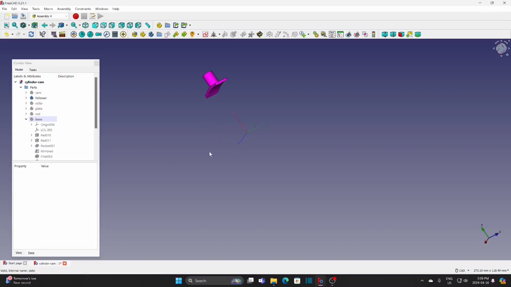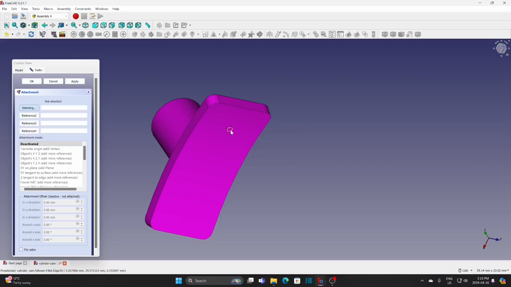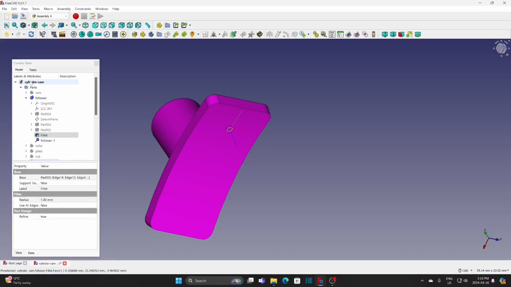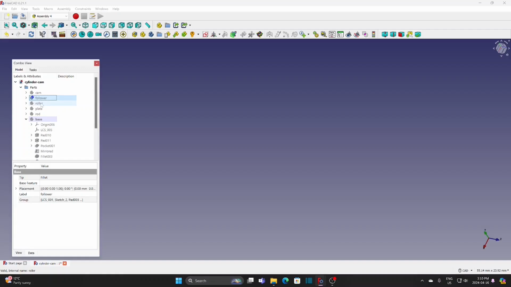Select the follower. Create new LCS. Select the circle. Concentric. We'll use default LCS for the roller. And for the rod,